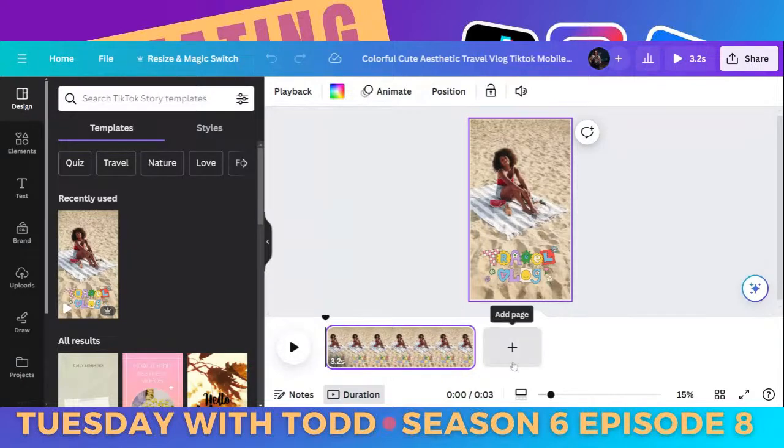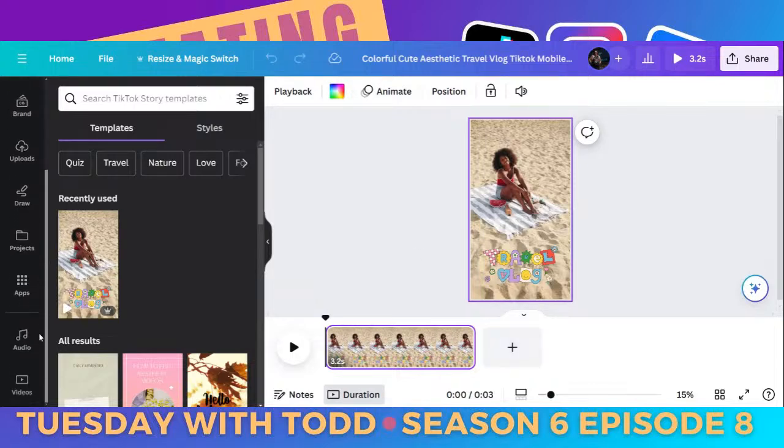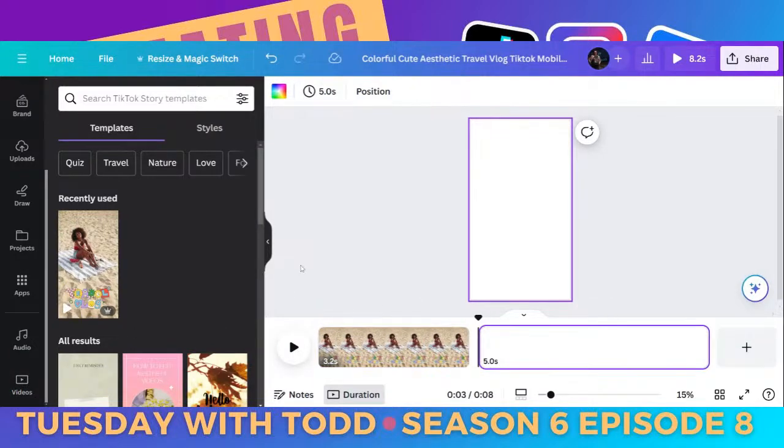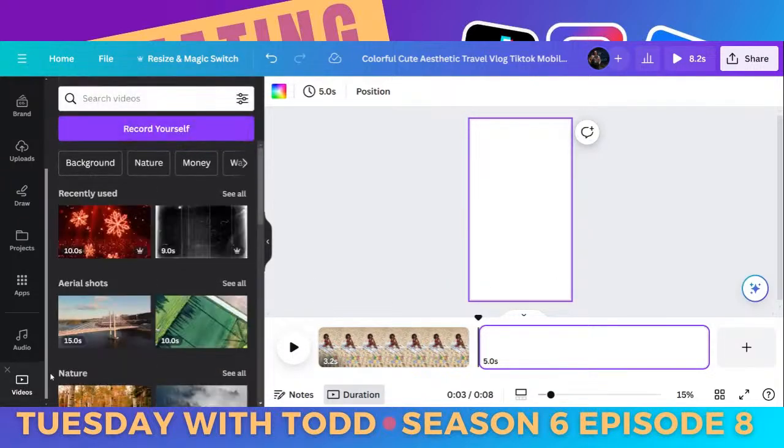So where this plus sign is, you can add more content in any way, shape, or form. And that's where this little app that I showed you over here for videos comes in. You can pretty much add anything. It doesn't have to all be videos. You can animate text. You can animate a still image. Any of that stuff can be added to your video. So if you're going to add something,